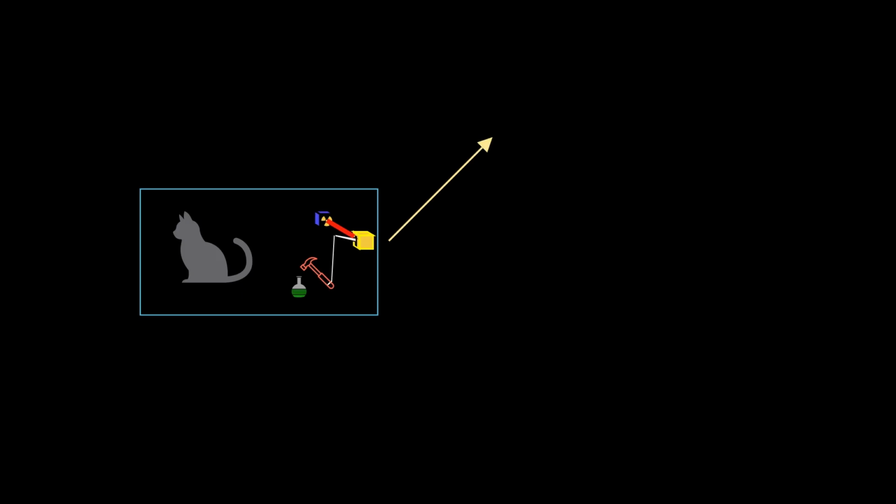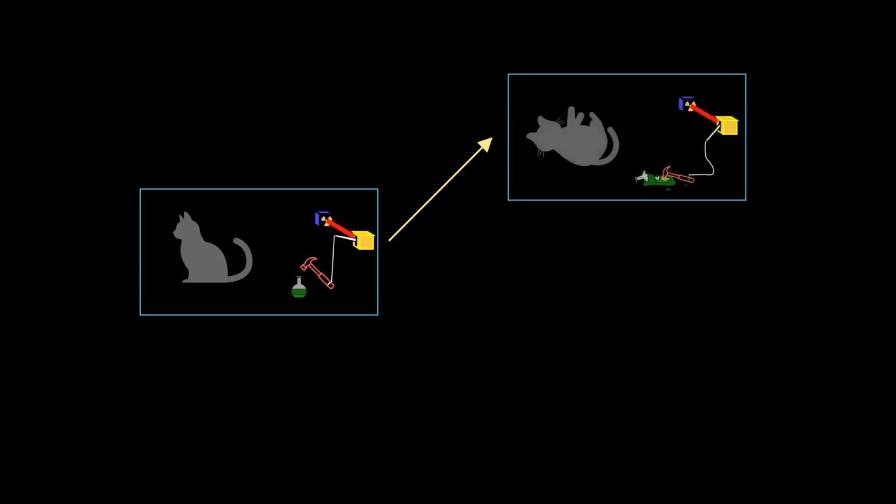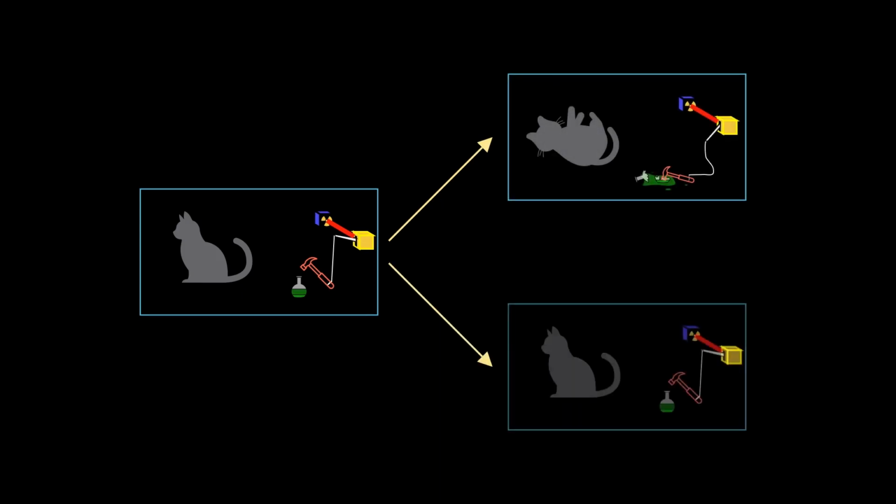The setup is as follows. A cat is placed inside of a box, alongside a jar of poison that will break if a hammer, which is connected to a radiation sensor, detects radiation from an atom decaying. Now the experiment goes as such. If the atom decays, radiation triggers the apparatus, thus killing the cat. Whereas, if it doesn't decay, the cat lives.